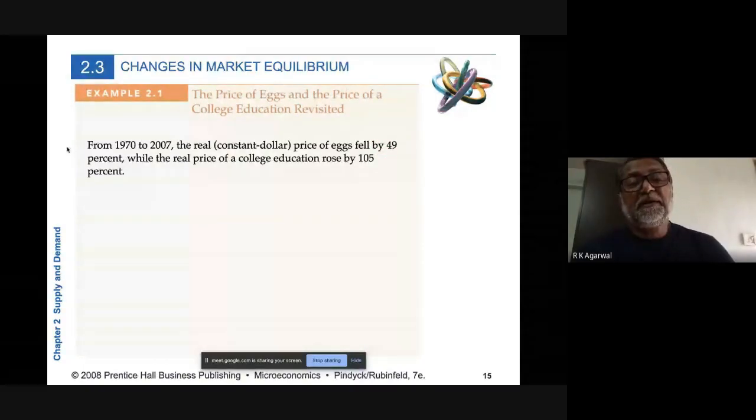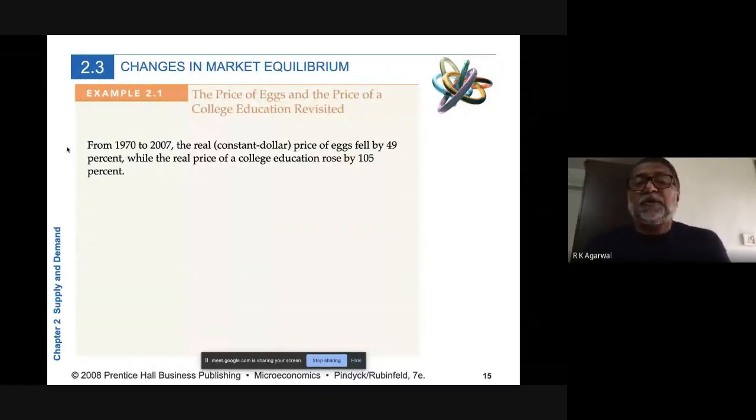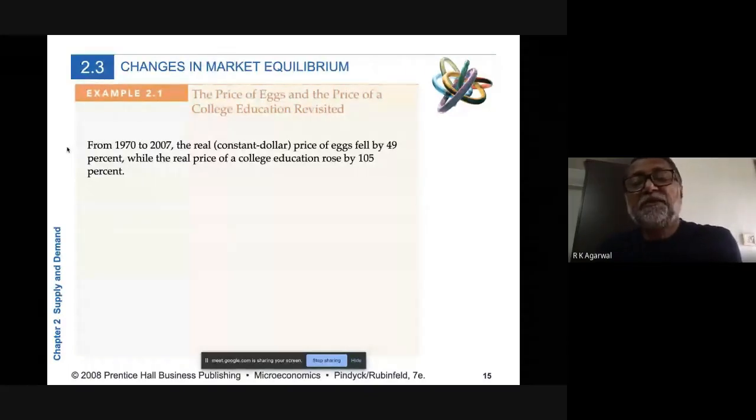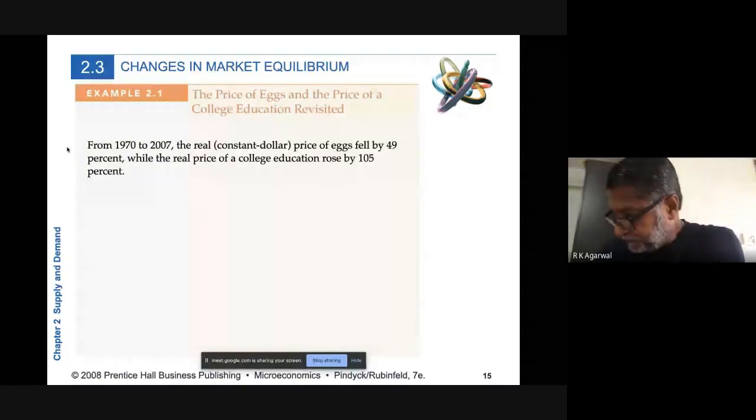Whereas the real price of college education rose by 105%. That is, education became costlier by almost 2 times than what it was in 1970 as compared to what it was in 2007, whereas the price of eggs fell half in 2007 as compared to 1970. Now, can you think of the reason behind it? In terms of the demand-supply framework,